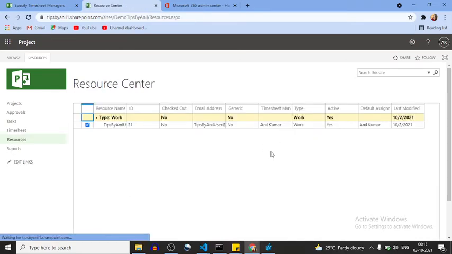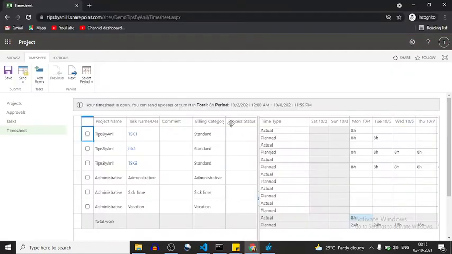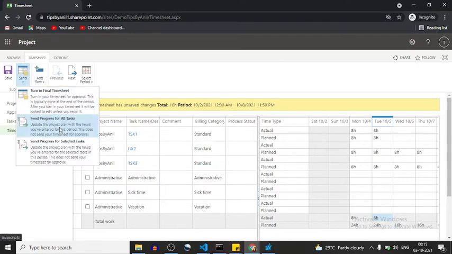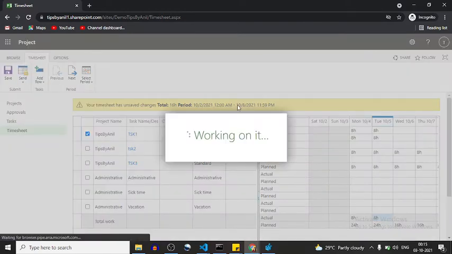So whenever we click on the save button, what will happen now? Okay, so here suppose I define 8 hours, and now click on submit the task.